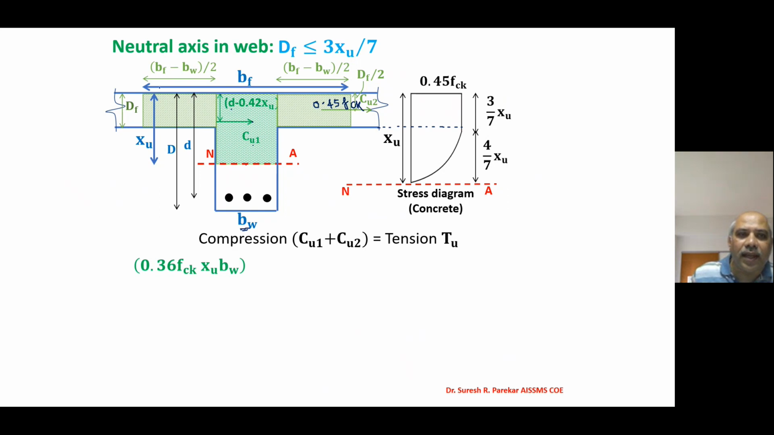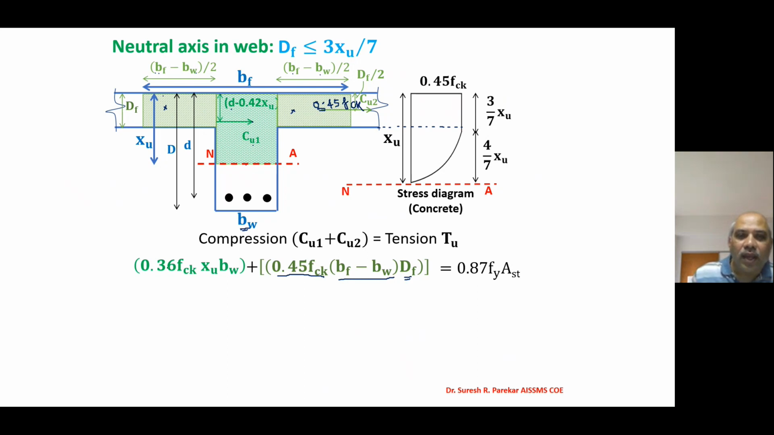Now second, the remaining portion we have that is on compression side. So we have second color. So we have this portion we can say. So these colors you can see. And then we have BF minus BW by 2 and BF minus BW by 2 times. So it will be BF minus BW. And I already mentioned we have stress as 0.45 FCK. So this is stress 0.45 FCK, BF minus BW, this is width and DF is depth. So this is CU2